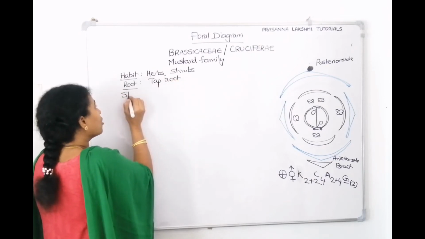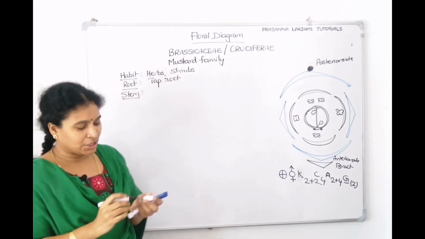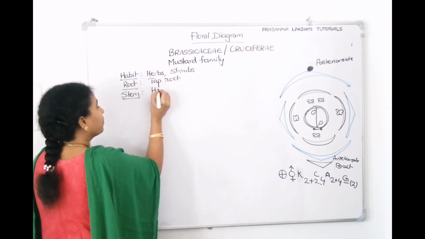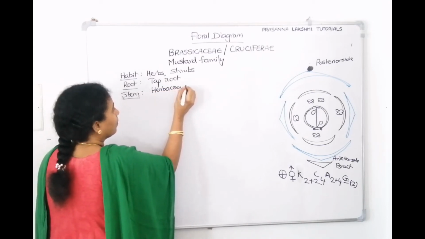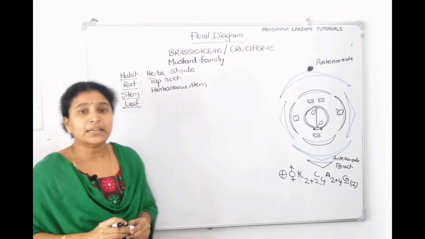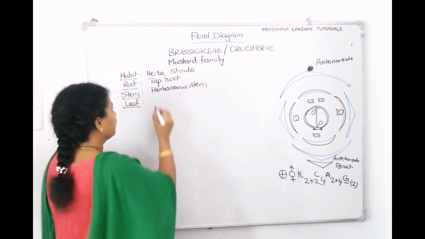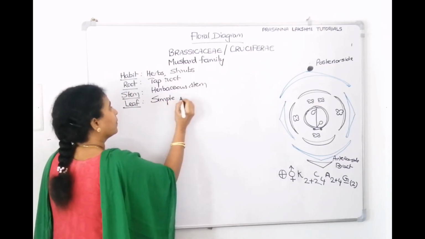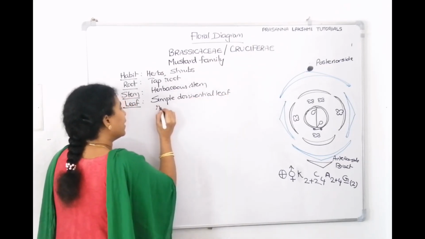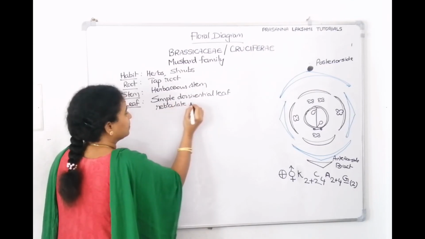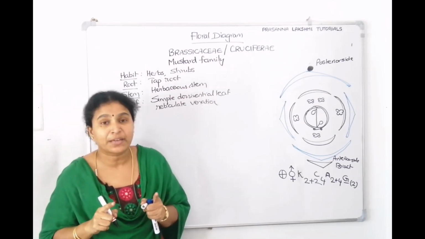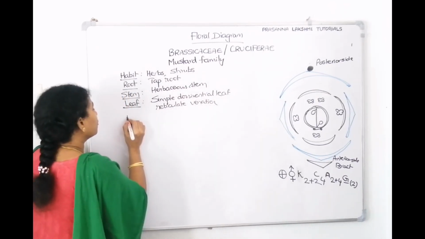That's it. Now come, we have to talk about the stem. You told it is a herb and shrub. Then it has weak stems. It is herbaceous stems. Woody stems are not there. Then talk about the leaf. It is a dicot leaf. Usually it has simple leaf. Simple dorsiventral leaf with reticulate venation. So we have given the information about the vegetative characters. Now come to the reproductive characters. Under reproductive characters, we need to talk about the flower and inflorescence.